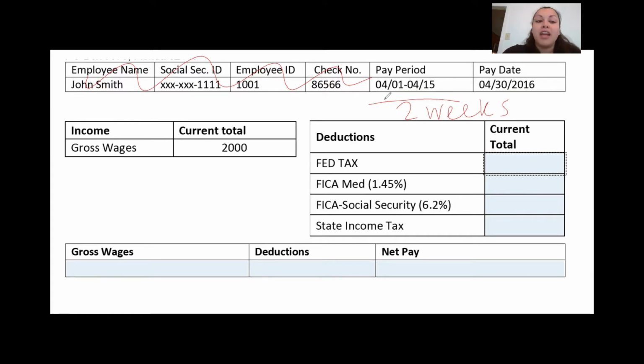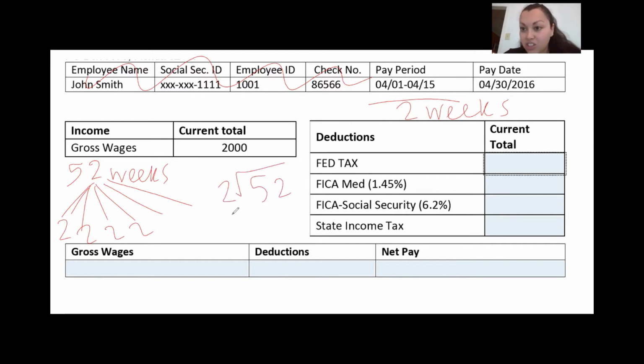So if they get paid every 2 weeks, and I know that there are 52 weeks in a year, so every 2 weeks, I'm splitting this up by 2-week increments. So if I do 52 divided by 2, how many paychecks will this person end up getting? So